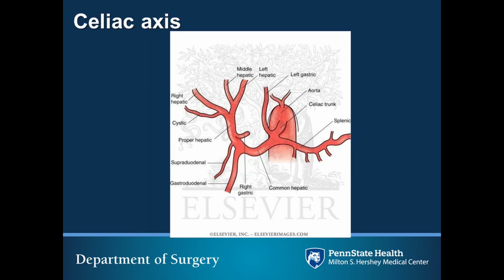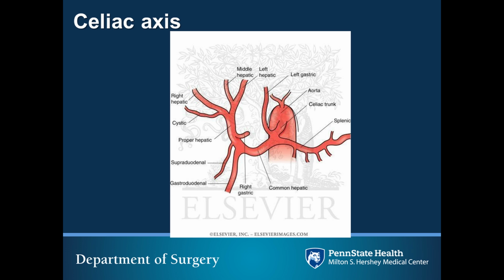The celiac axis supplies blood to the liver, stomach, abdominal esophagus, spleen, and the superior half of the duodenum, as well as the pancreas. The three main branches of the celiac axis are the left gastric, which gives off an esophageal branch and a stomach branch, the splenic artery, which gives off the short gastrics, as well as the left gastroomental artery, and the common hepatic artery, which eventually splits to the proper hepatic artery, the gastroduodenal artery, and the